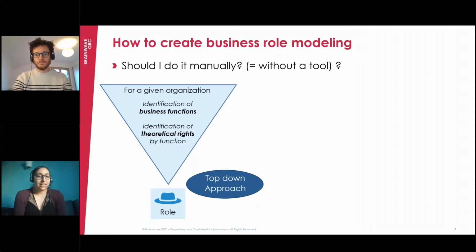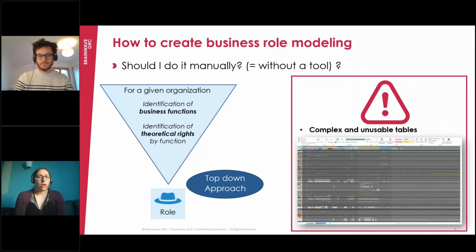So basically, that approach consists in identifying your core business functions or your core organizations, and for each of them, identify what theoretical rights should be granted to all the employees that are members of these organizations or all the employees who have that specific job function. This top-down approach may or may not be used with a specific software. In most of my feedback and most of my colleagues' feedback, the top-down approach was used with Excel files or other kinds of databases,